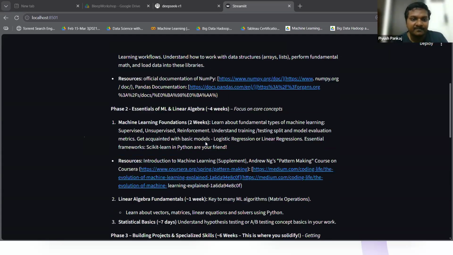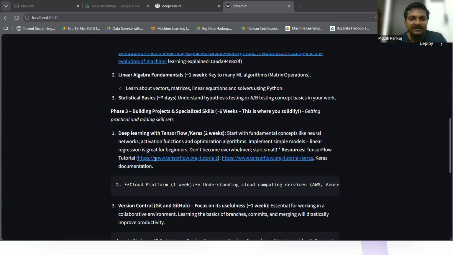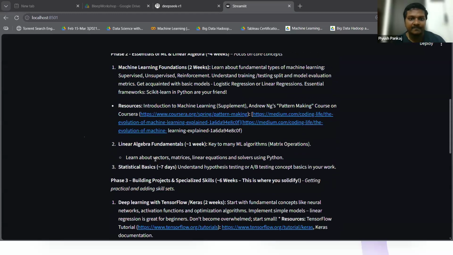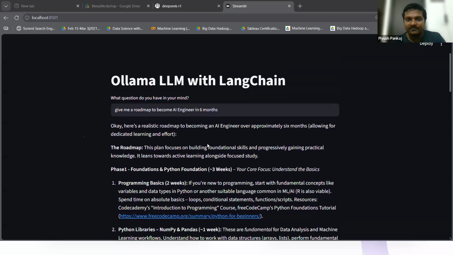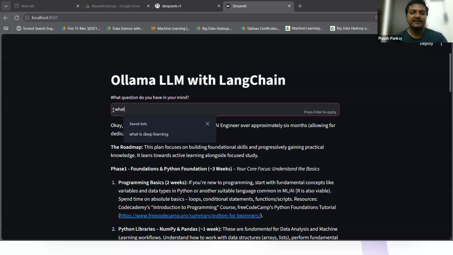Now here you go. I asked for a roadmap in 6 months, and here you can see it has generated all the things, with some links also. Whatever you're going to ask, let's suppose I want to ask one question.